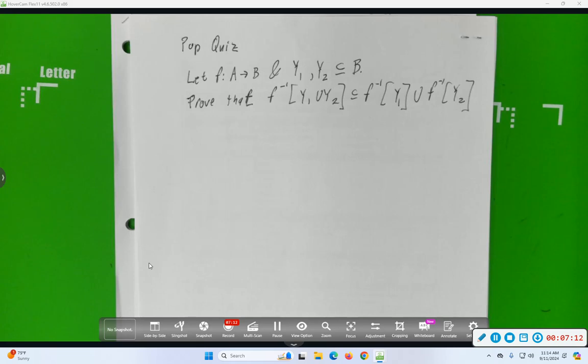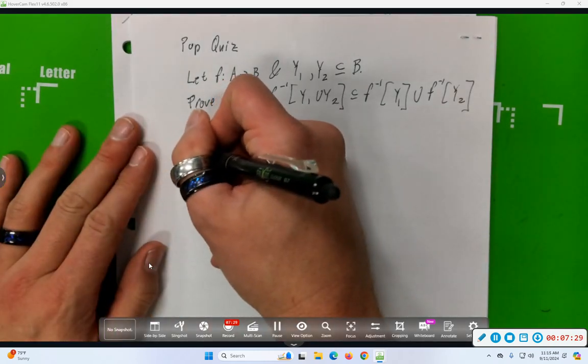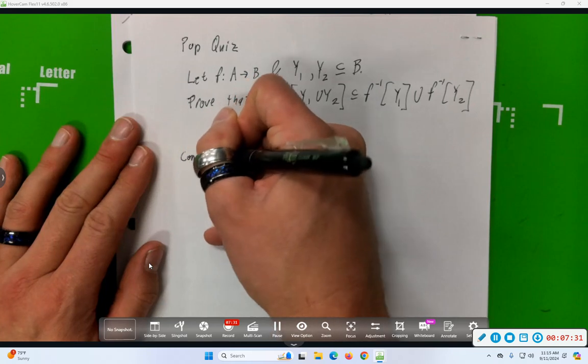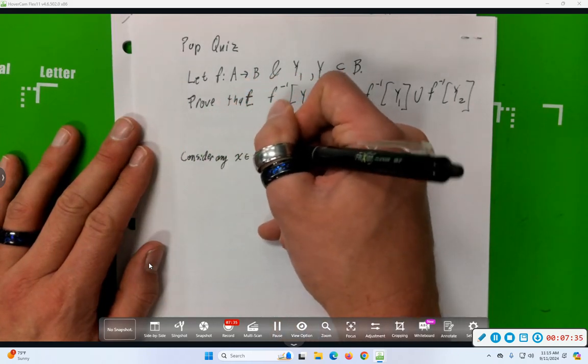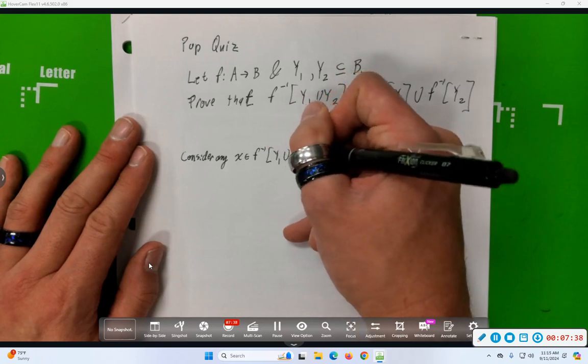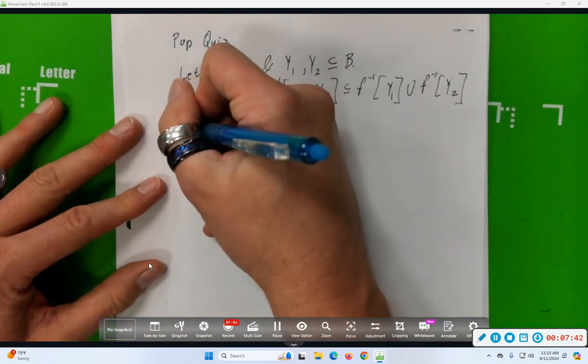Set containment, so you want x to be on one side and show it's on the other. Yep, and it's only one set containment. These two sets are equal, but I'm only asking you to show one of the two. So let's assume x is in the set that's arguably smaller. And that's really like the second line I'd want. Really what I'd like the first line to be is